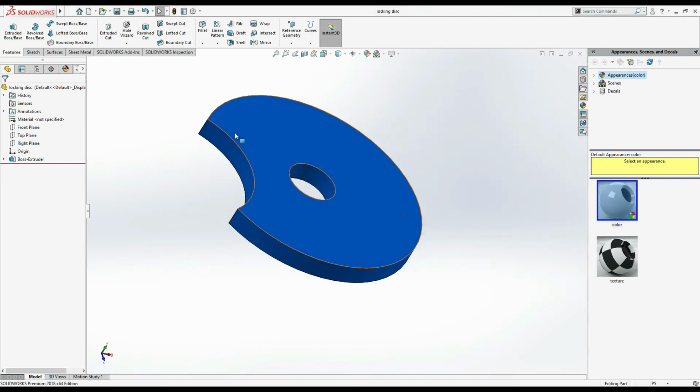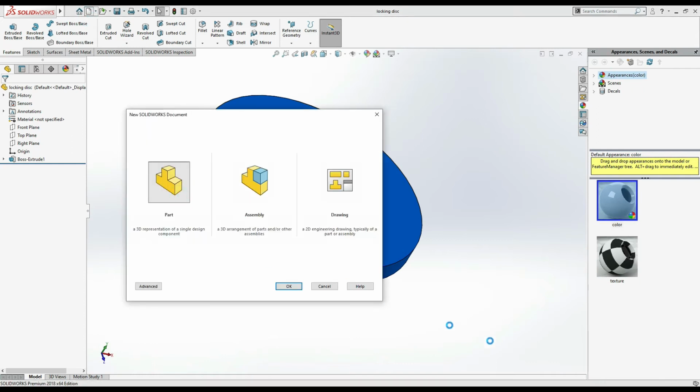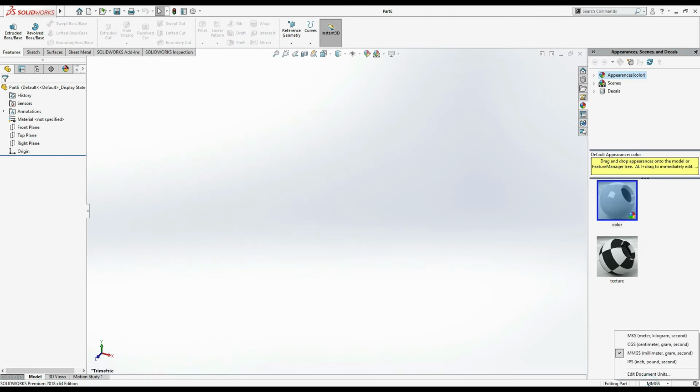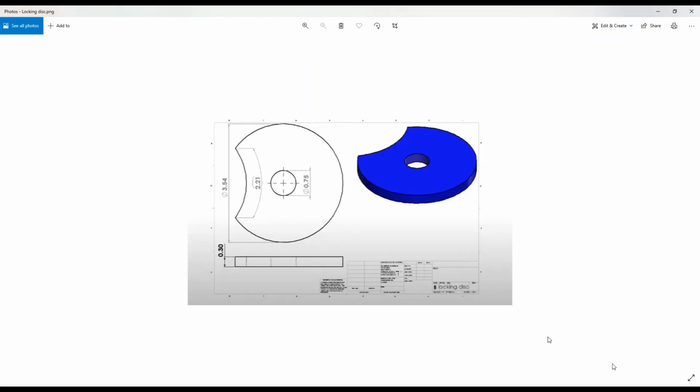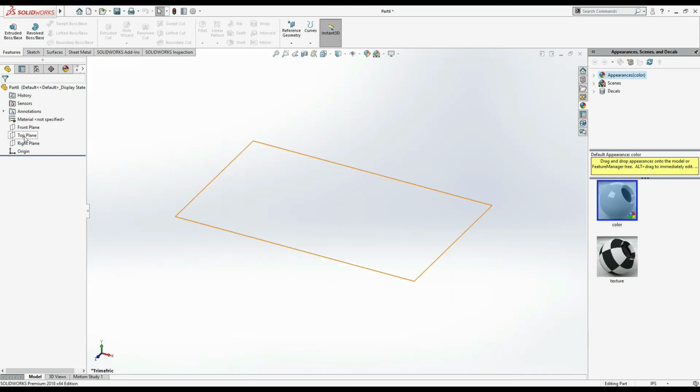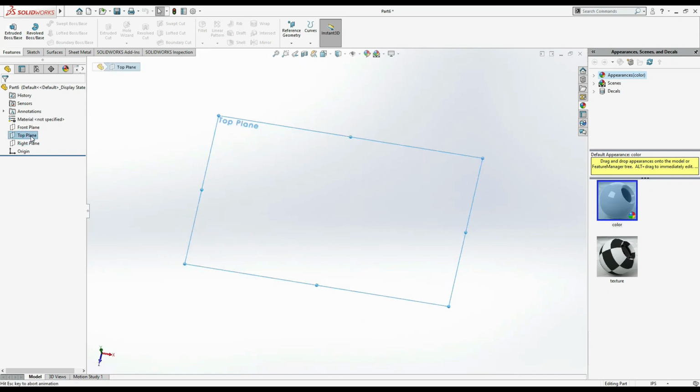Okay, now again new document. We have to draw another part. This part is also in inches, and the part is this pin. This pin is 0.38 by 0.6. 0.38 first, top plane, sketch